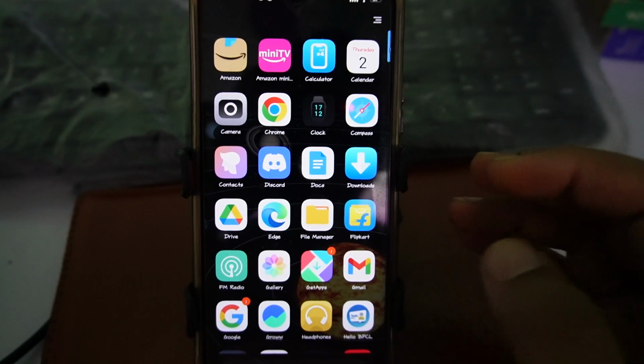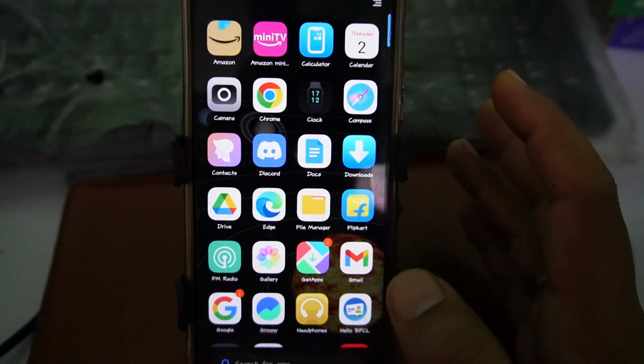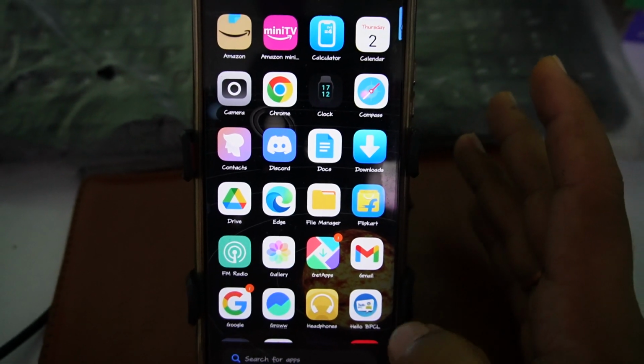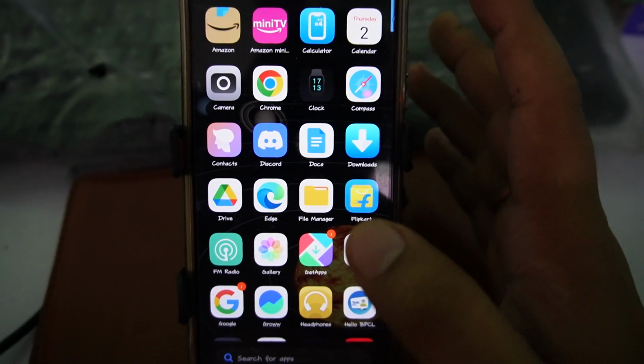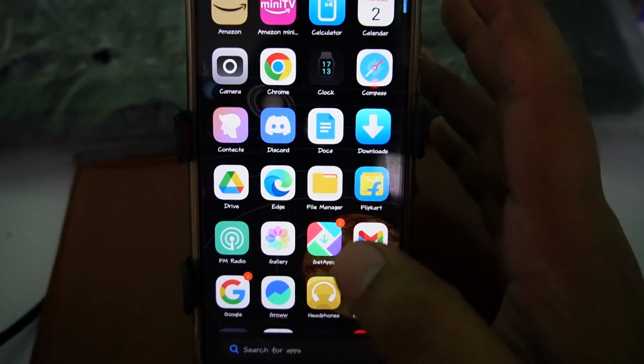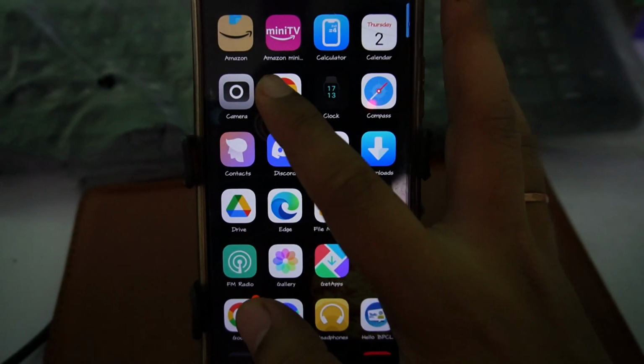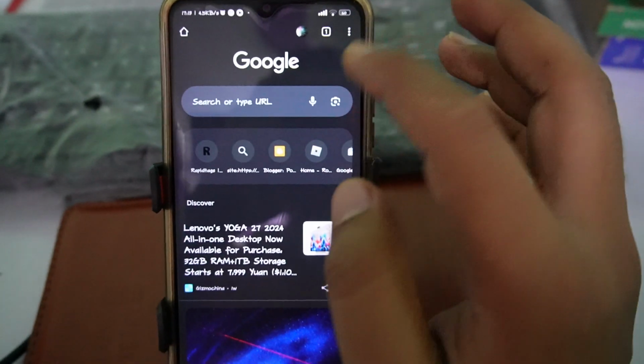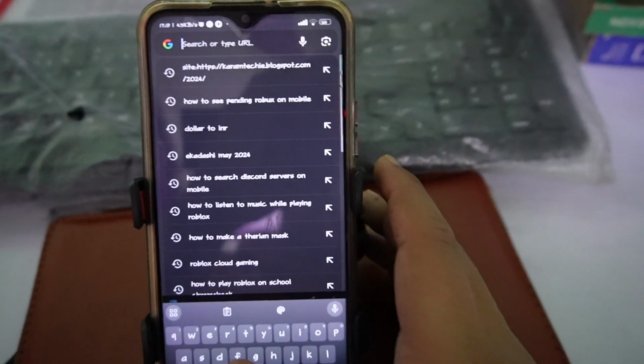Hi everyone, in this video I'll be telling you how to search a public server on Discord on mobile. So guys, the Discord app doesn't allow you to do that. So you have to open the Chrome browser, and once you open the Chrome browser, just go to